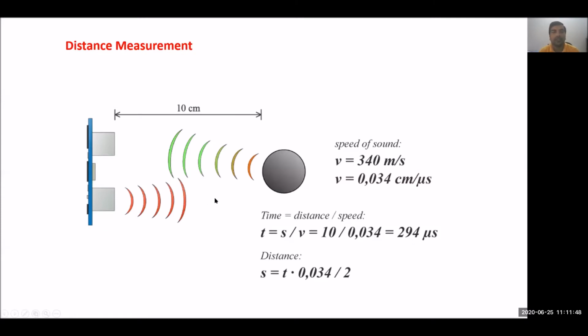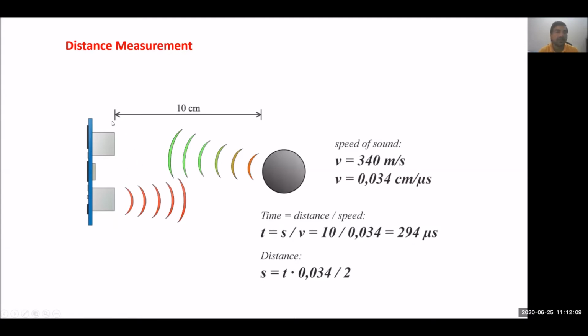If we divide by 2, then only one path remains, that is the forward time only. If we multiply that time with the speed, we get the distance between the object and the sensor.